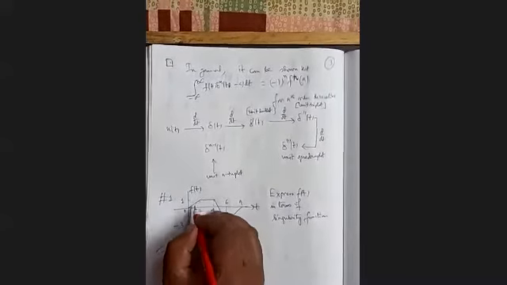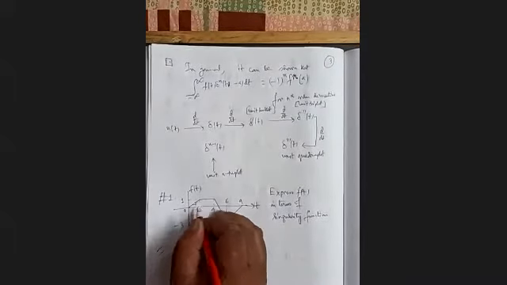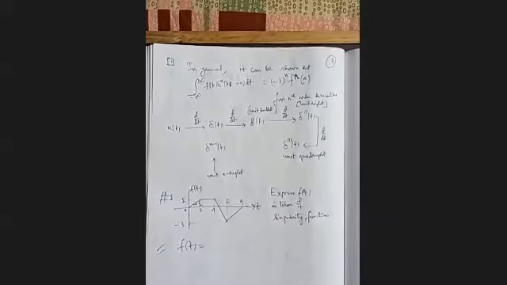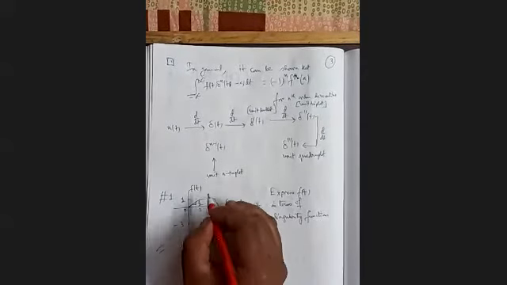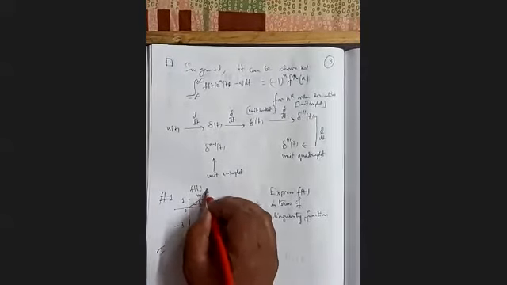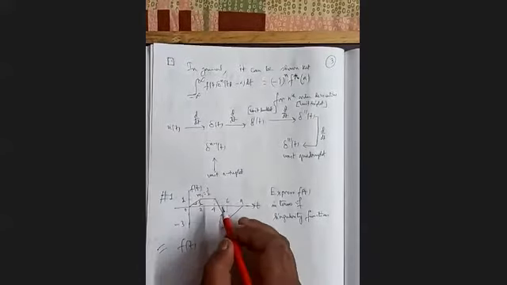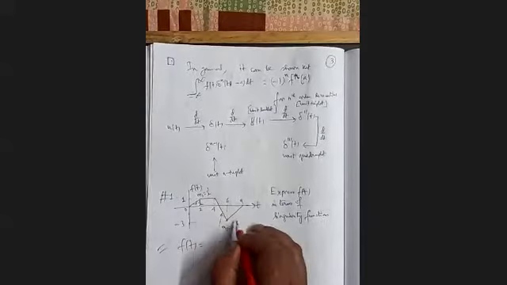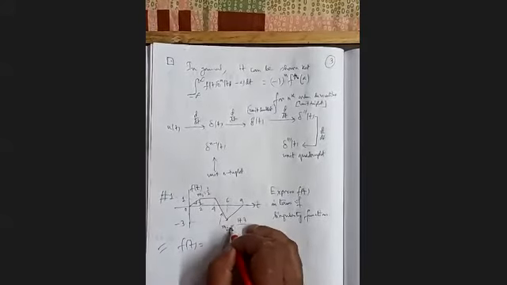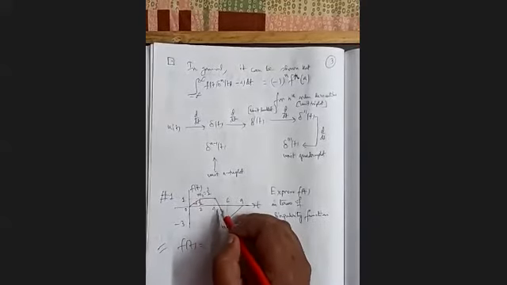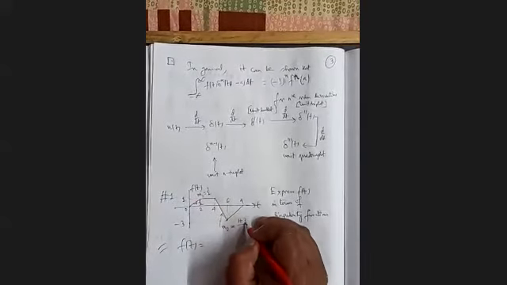Say its slope is what? Its slope is half. Now here, what is the slope? Say this is called slope m1. M1 equal to half. Now that slope m2, it is what? It is 1 plus 3. I'm talking about just the magnitude of the slope, not the sign. It is a negative slope, obviously, but I'm considering only the plus side.